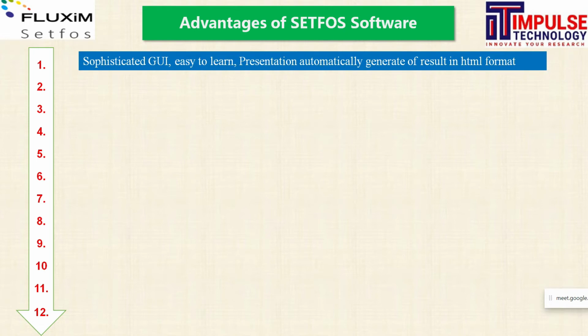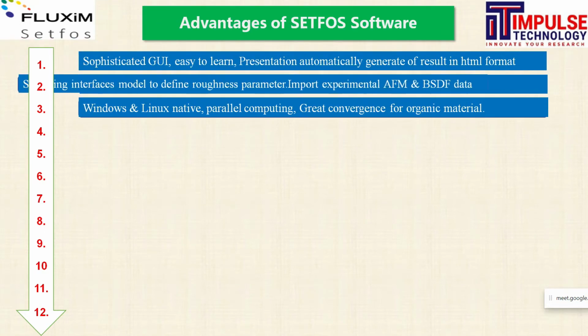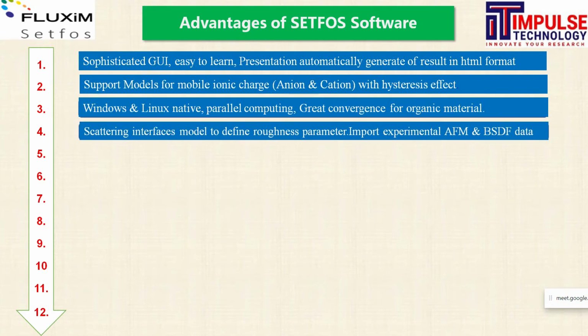The major advantage is the sophisticated user interface, where beginners can learn this software quickly and easily. Your presentation results will be generated automatically. You do not even need to prepare a presentation; it will be automatically exported in HTML reports, and your data can be exported in DAT format, Excel format, PNG, JPG, PDF, all standard formats. It supports mobile ionic charge models, analysis of anions and cations with hysteresis effect, Windows and Linux native support,